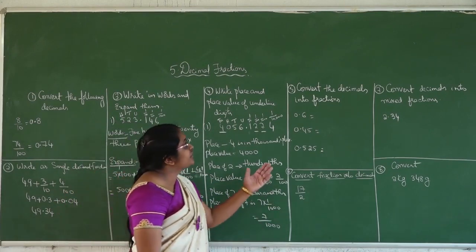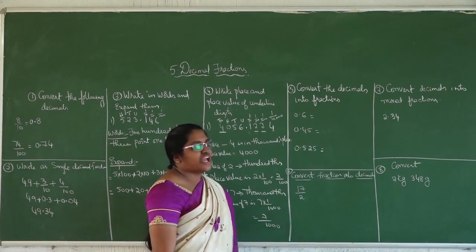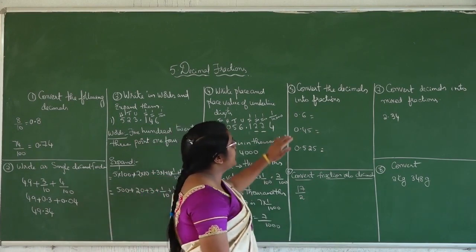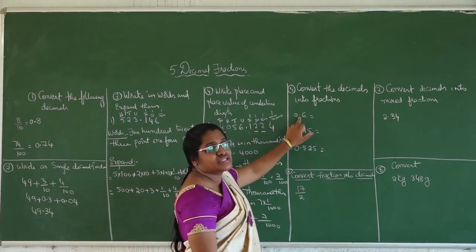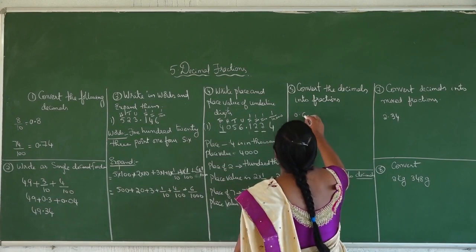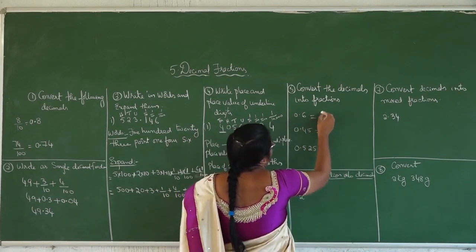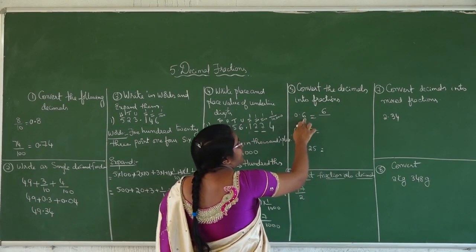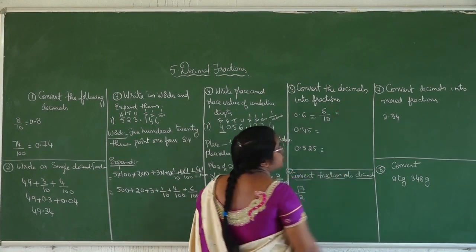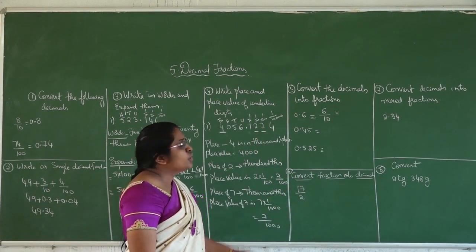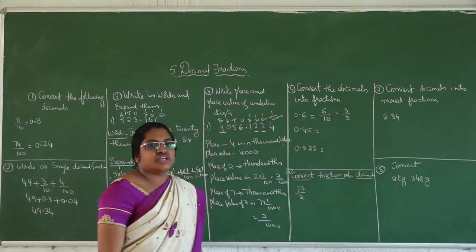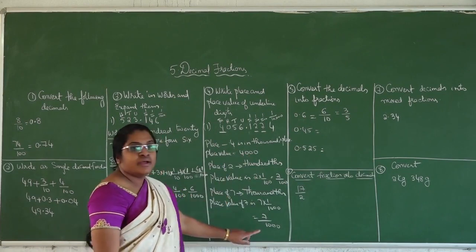Now we'll see the fifth model, the decimal into fraction. Here the decimal is given and you have to convert it into a fraction. See how many digits are there after the decimal? Only one digit is there. So you have to write first the number after the decimal, which is 6. So we write 6 by how many places are there? Only one place. So 6 by 10. A fraction should always be in simplest form. So 2 3s are 6 and 2 5s are 10. So 0.6, the fractional part is 3 by 5.